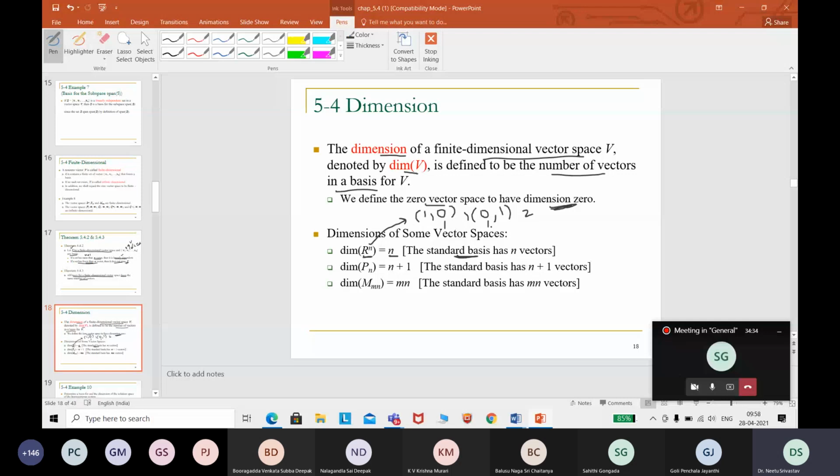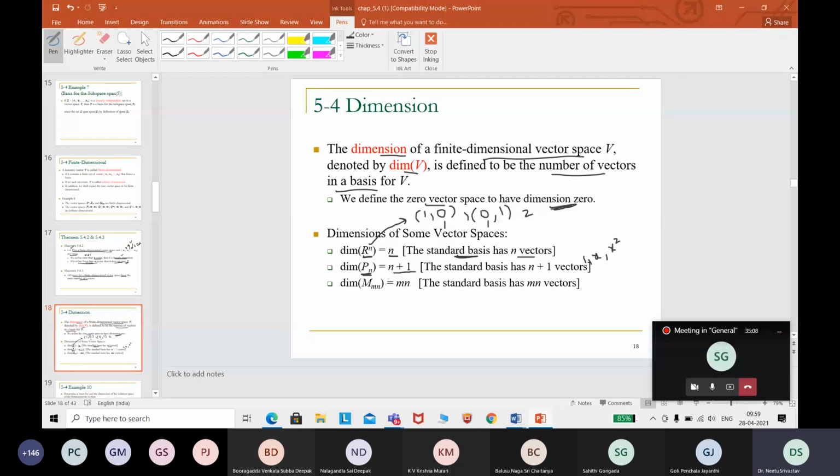So we can imagine and write, that is called a Euclidean space. So we have here the dimension of Rn, which is n Euclidean space. It's nothing but n vectors, the dimension is n. So the standard basis has n vectors. Same here for Pn. Pn will have x, x squared, along with all these vectors, and it will have 1 also, x raised to the power 0. It is starting from 0. So Pn will have n plus 1 elements.